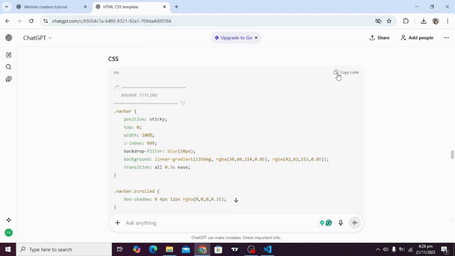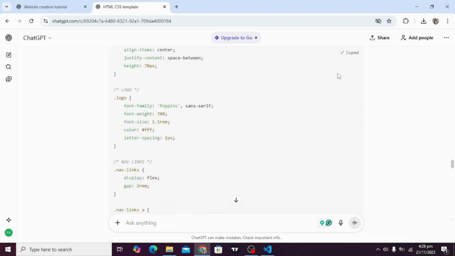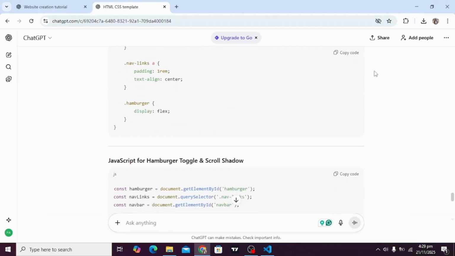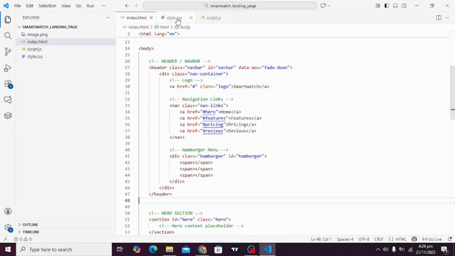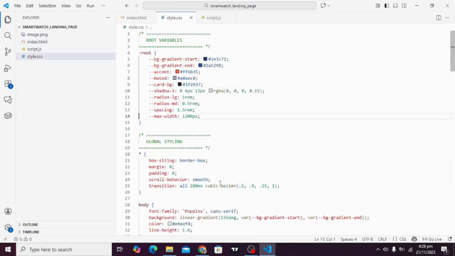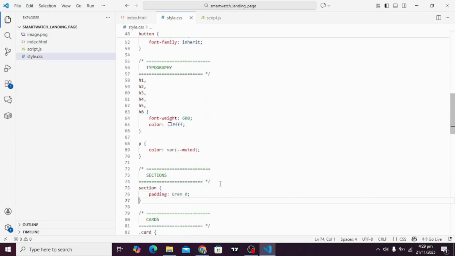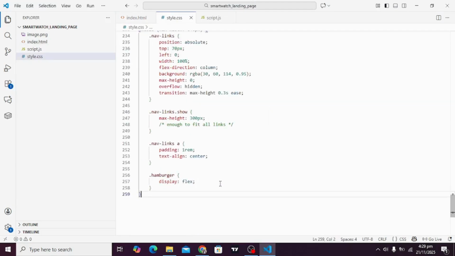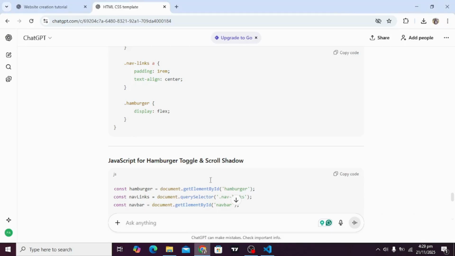So we will copy the styles it provided us. Let's see it. Oh, done writing. Yes, it is done writing. Copy, and we will paste our styles in the style.css file after our global styling. Control V, and now let's see.